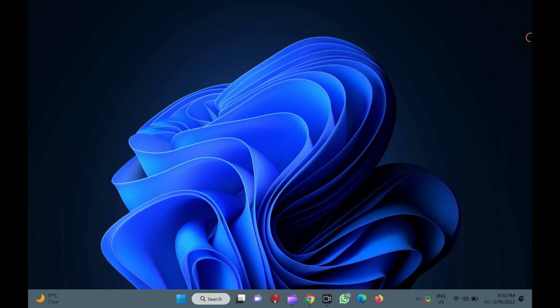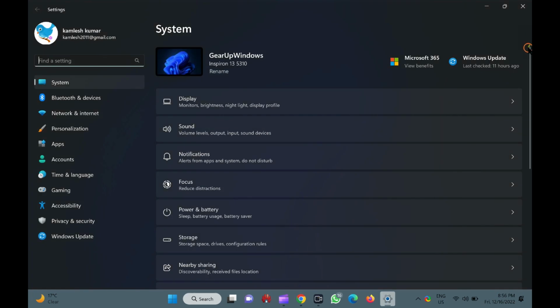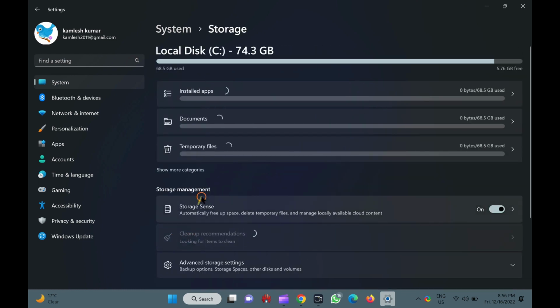How to erase temporary files on Windows 11? To delete or remove temporary files on Windows 11, open the Settings app by pressing Windows + I keys on the keyboard. After that, on the Settings window, click on the System category from the left side pane. On the right sidebar, click on the Storage tab. Then, click on the Temporary Files tile.